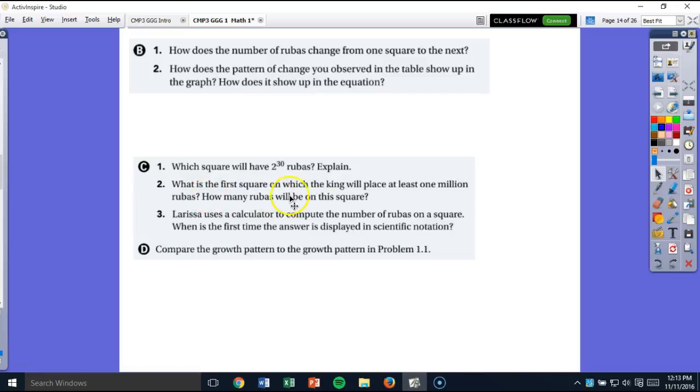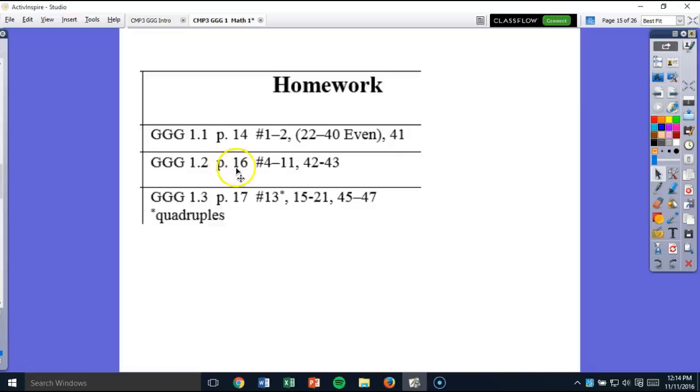And what is the first square on which the king will place at least 1,000,000 rubas? How many rubas exactly will be on this square? Then Larissa uses her calculator to compute the number of rubas on a square. When is the first time the answer is displayed in scientific notation? Interesting. So, do parts A, B, and C, and then you'll be ready for homework, which for 1.2 is 4 through 11,